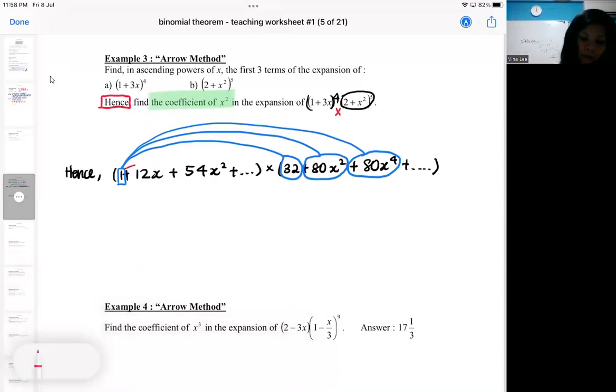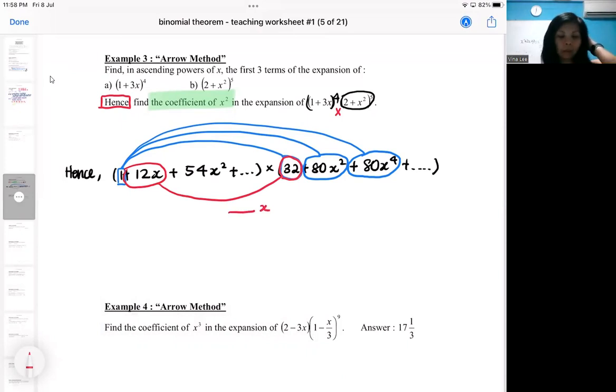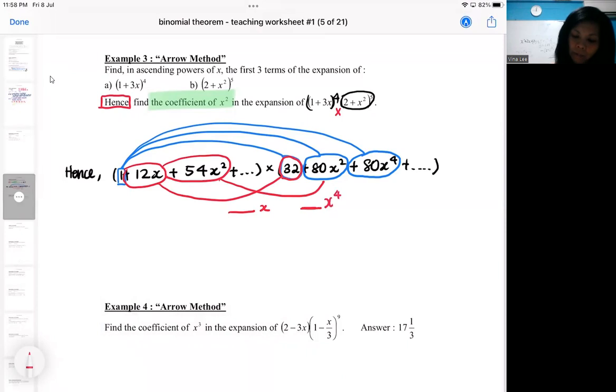Now we go and explore this 12x. If 12x is arrowed to this, I will get something x. You can punch the calculator, 12 times 32. If I multiply this with this, if you look carefully, it's x squared times x squared, so I will end up getting x^4. So it will be 54 times 80. Then if I do the last one here,